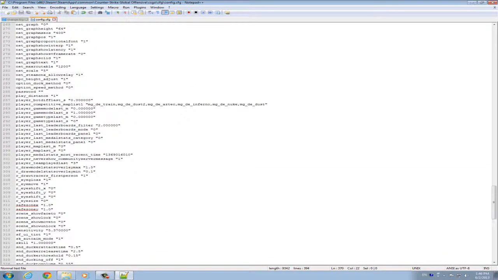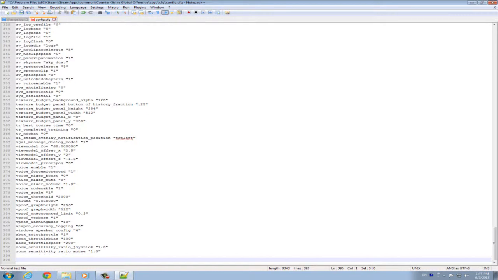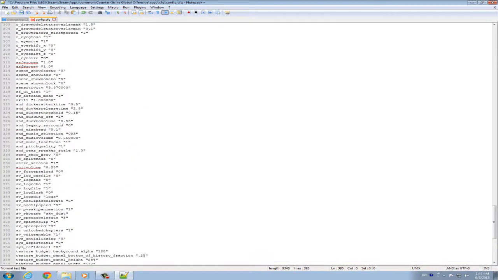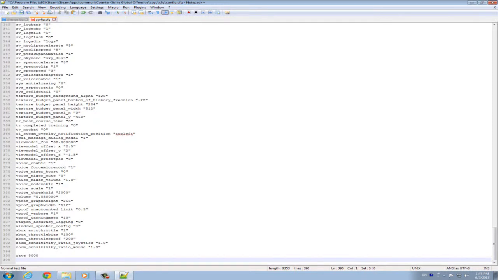So that's really important. And some other stuff you guys are going to want to write are rates. So I guess we could talk about rates here too. Rates are for your game. So let's say you enter a server. If your game matches the server's rate, it'll give you better hit detection and all that stuff. It's just a good thing. And if you guys don't know what I'm talking about, just do it. You can also do this in your console, which is probably going to be easier, but I'm just going to do it in here. So you type in rate 5000,